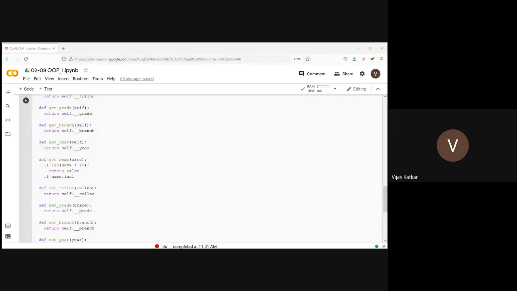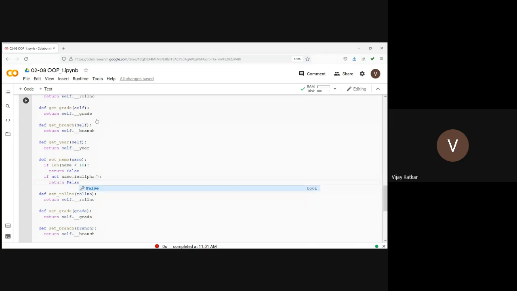How can you ensure that the string is only containing alphabets? Yes, class. If it is not alphabet, we will return false.